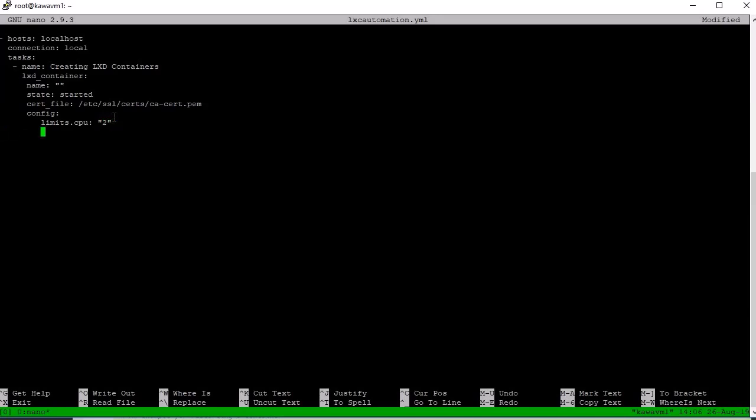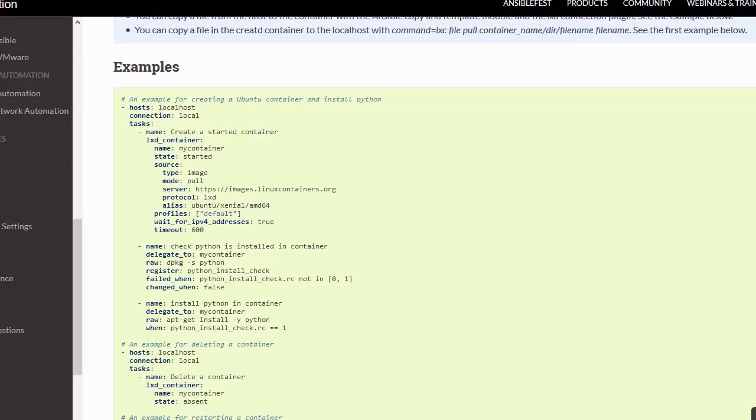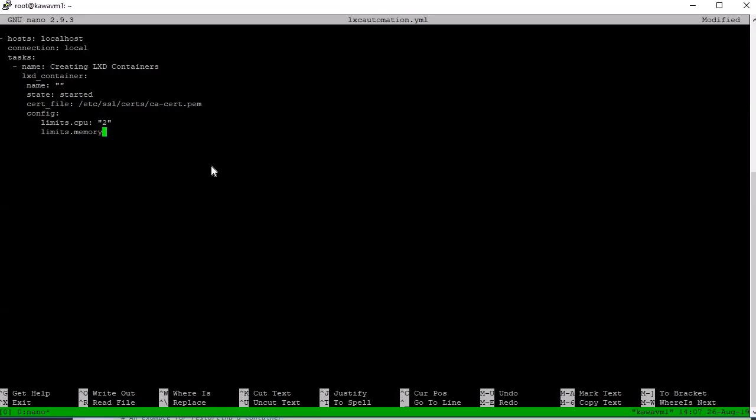Then I want memory. This is the syntax actually we have to use. If you look into that, then you will find that it lists these configurations over here. I have mentioned that. So memory is going to be 4 GB,